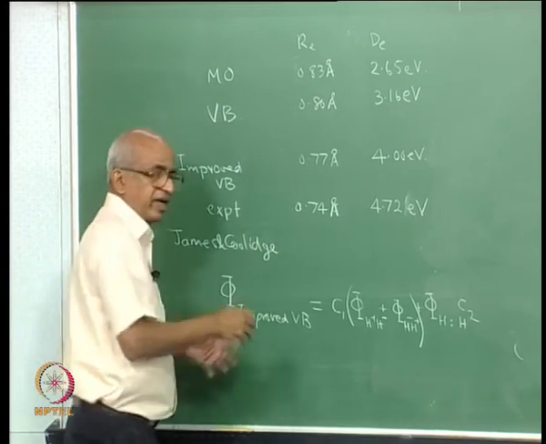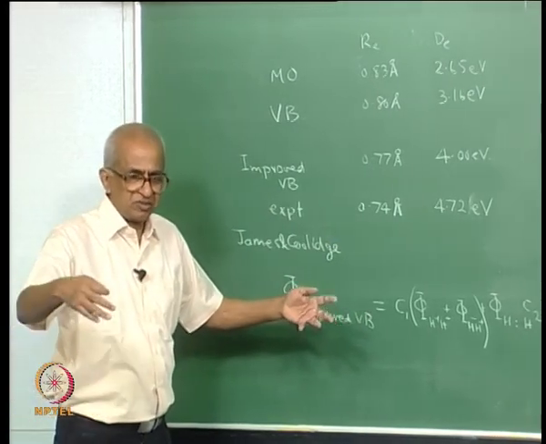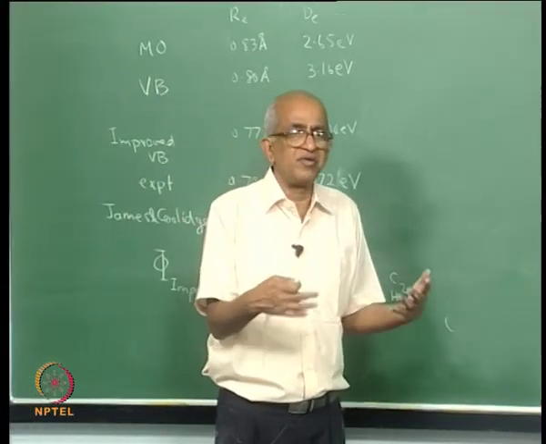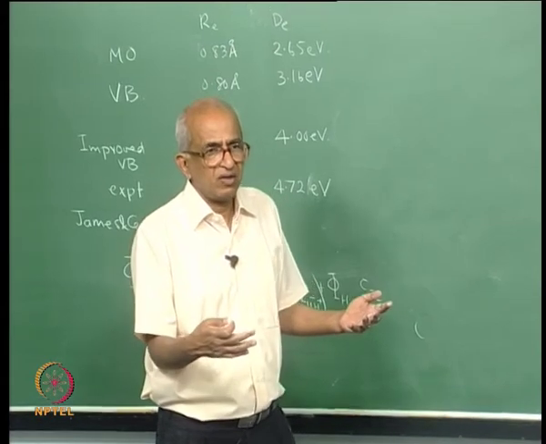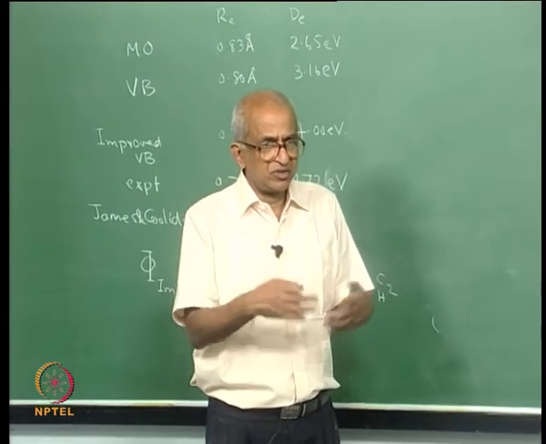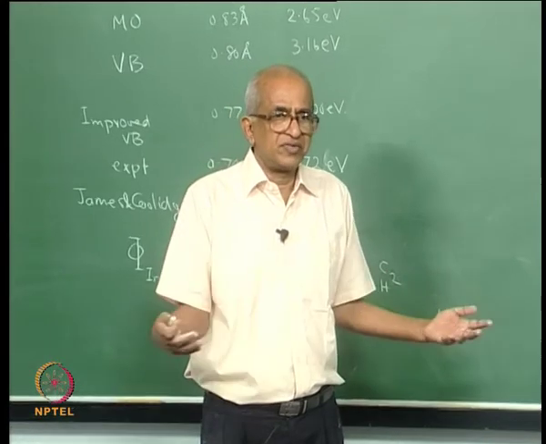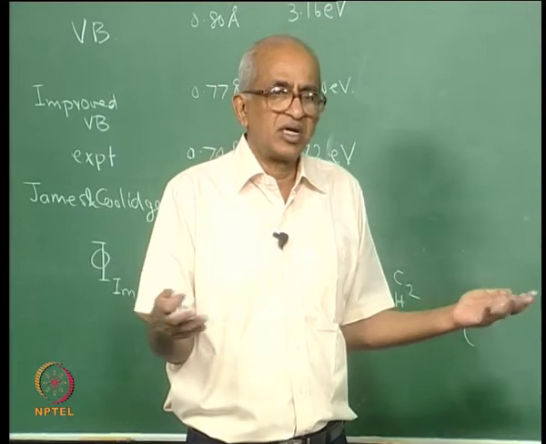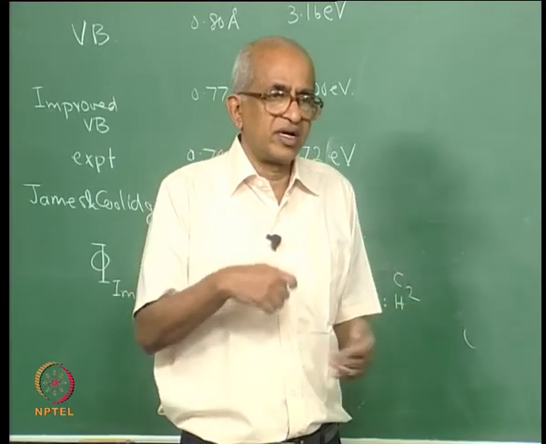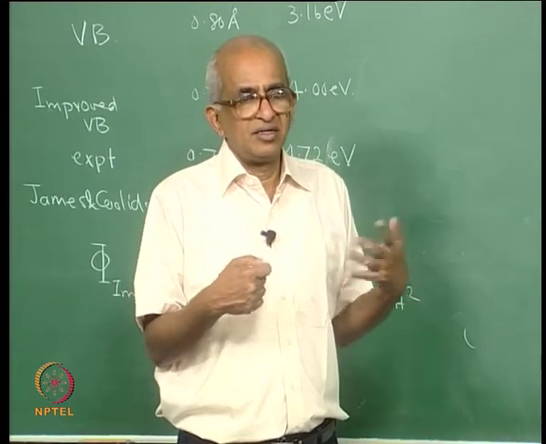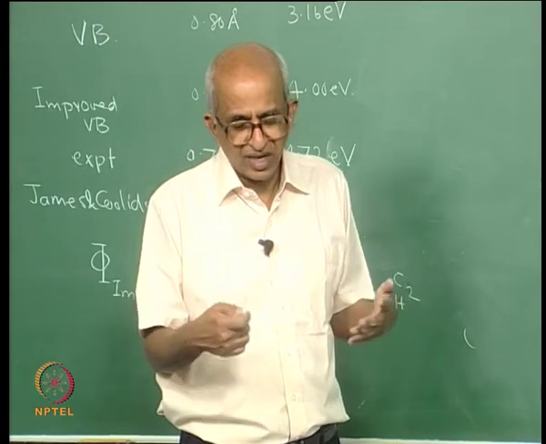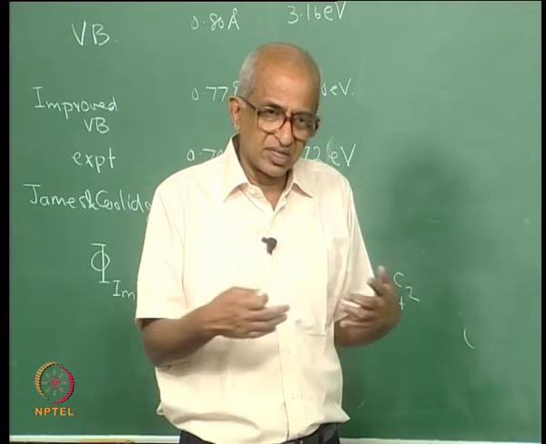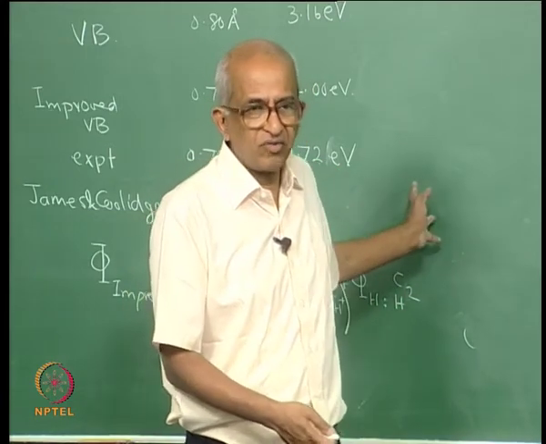And effectively, they had a large number of variational parameters, but you should also remember that the more variational parameters you have, the more difficult is the calculation, because for each variational parameter you have to find its value in such a fashion that script T has the least value. And you see, those were days in which computers were not there at all. You had only mechanical calculators, and using these mechanical calculators, they did a lot of work